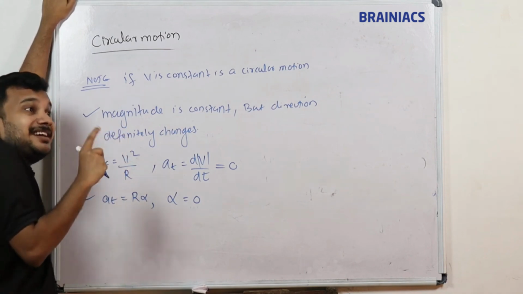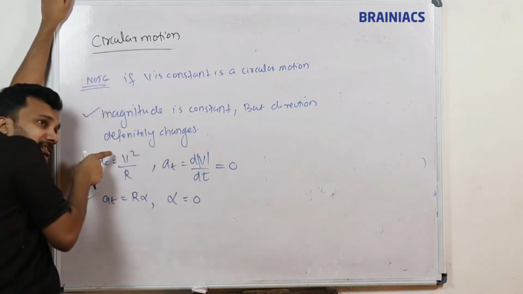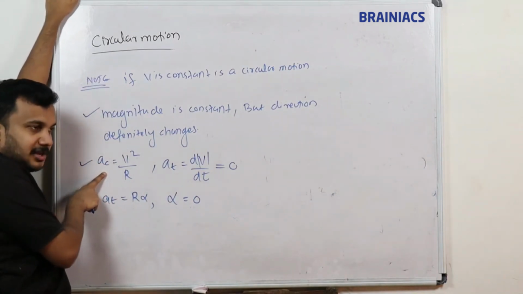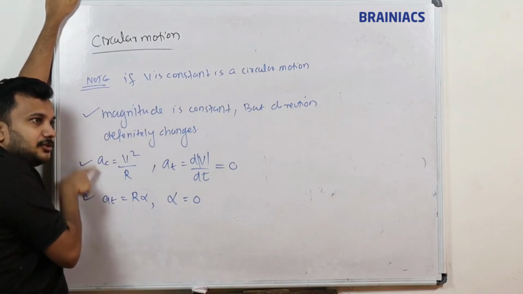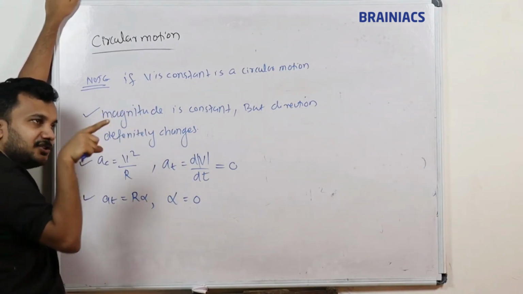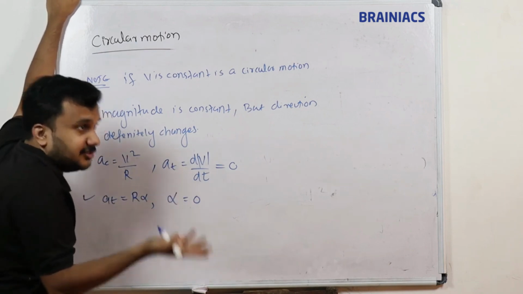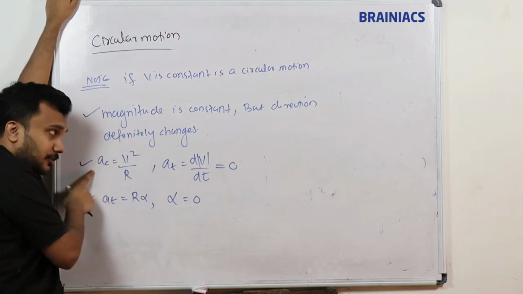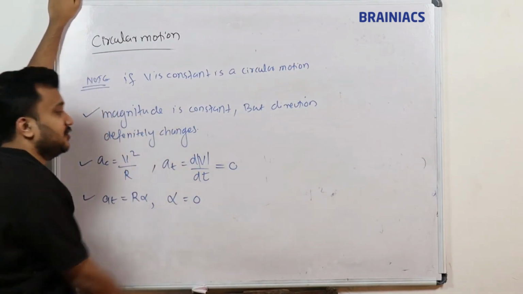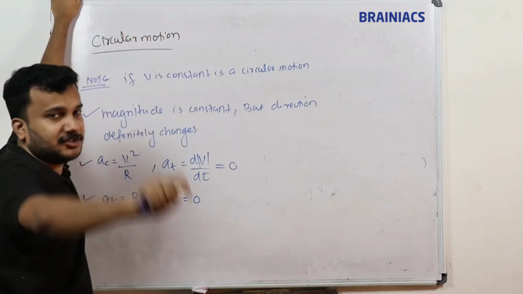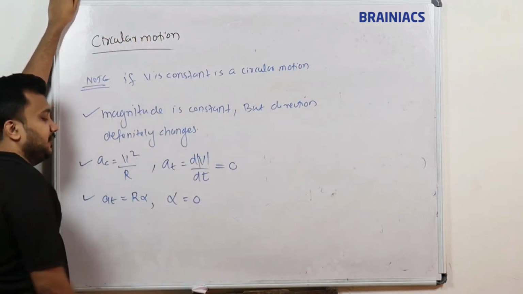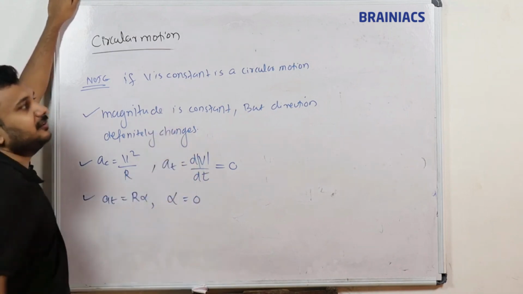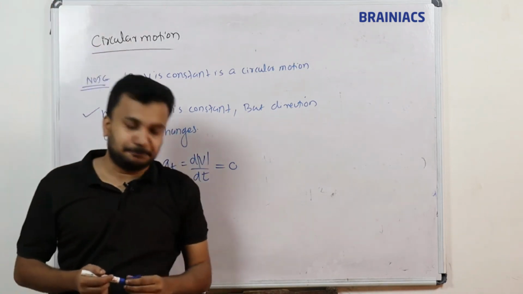The direction is changing, which means velocity is changing here. So is acceleration constant? Acceleration is not constant here, because this acceleration is a vector quantity, which looks for direction too. Everywhere direction is changing, so AC is also changing. Magnitude wise it's constant, but direction wise it's not constant. But AT is always 0, definitely 0, because it does not care about direction; it only looks at magnitude. AT 0 means alpha is equal to 0. So remember this point. This is my final point for today.